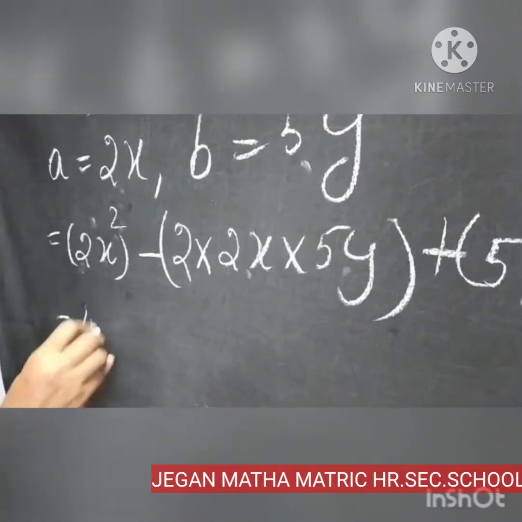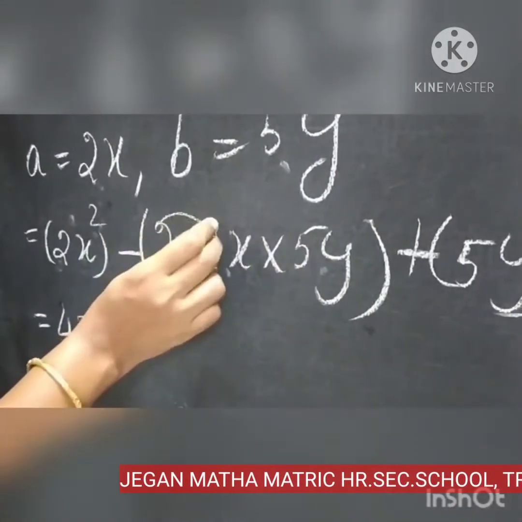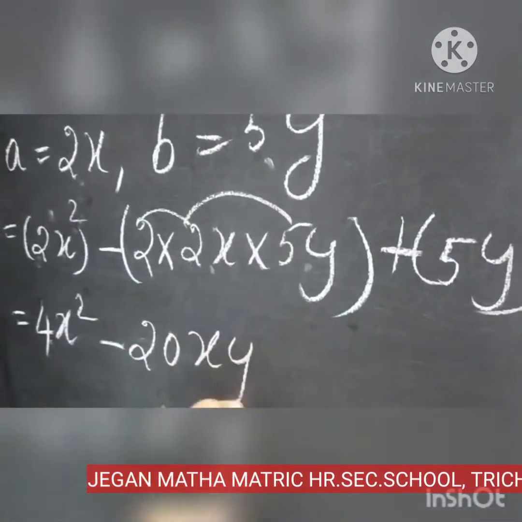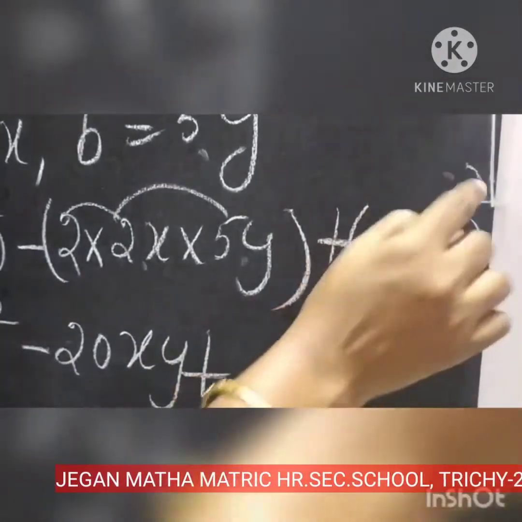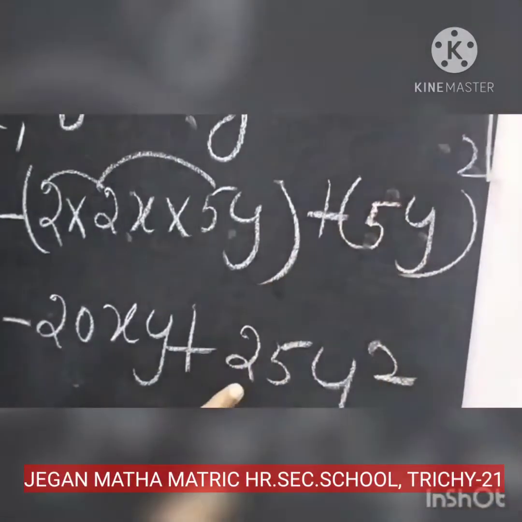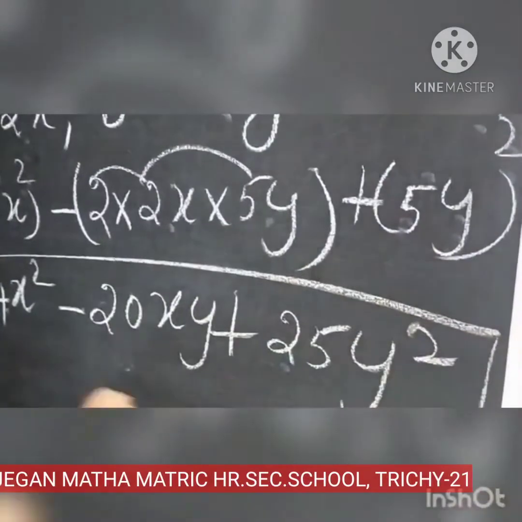2 squared is 4, so 4x squared minus. Here multiply the numbers only: 2 2s are 4, 4 5s are 20, so 20xy plus 5 squared and y squared. 5 squared is 25, then y squared. This is the final answer. Listen,